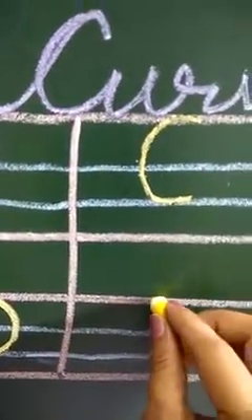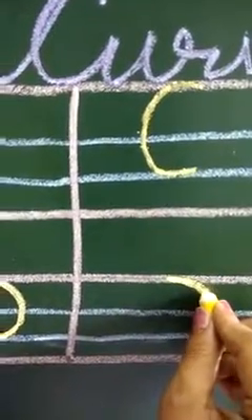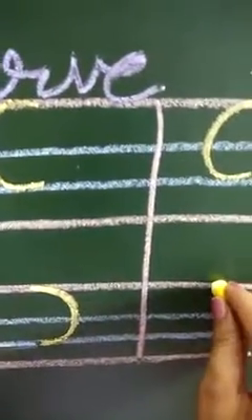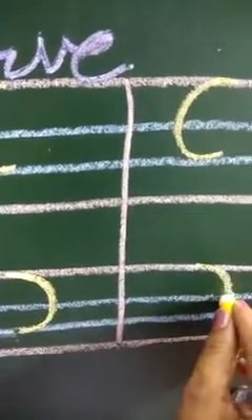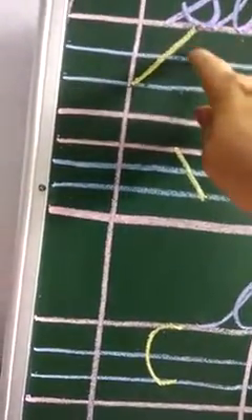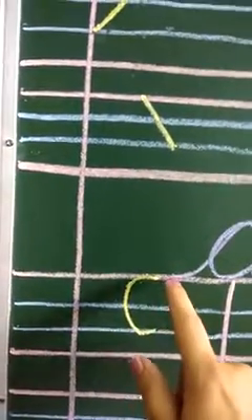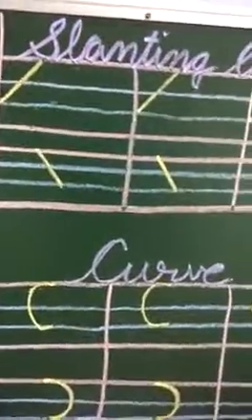Okay, start from the pink line, take it to the right side with the curve and touch the blue line. Same here. Okay, see, everything is coming in the 3 lines only. See, 1, 2, 3. Here also 3 lines we are using. In curve also we are using 3 lines. Okay, got it, everyone? You have to use only 3 lines.